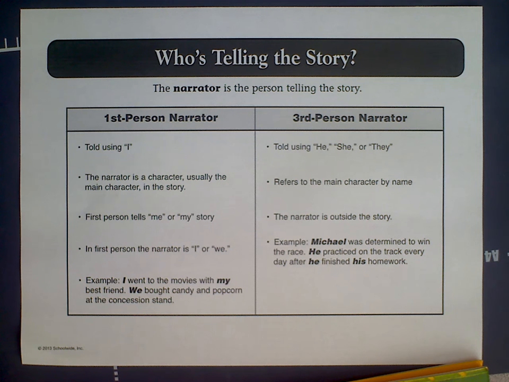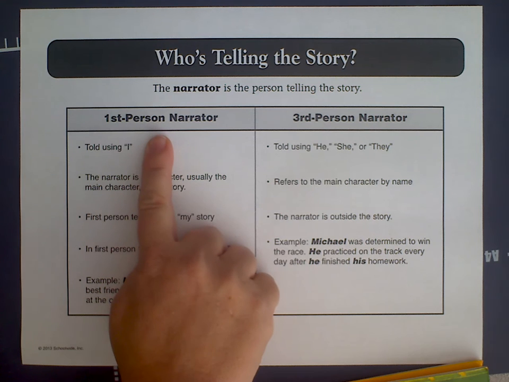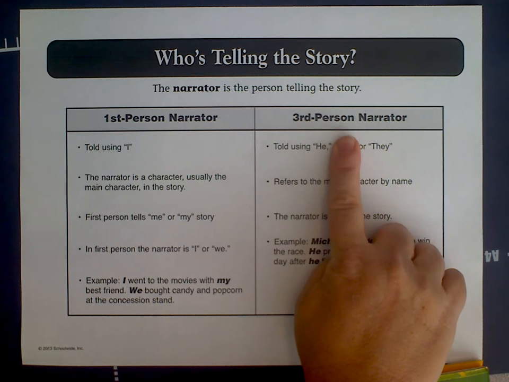Fiction writers create a person to tell their story. This person is the narrator. The narrator delivers the point of view of the story. It is important for us as readers to think about who the narrator is as we are reading, because it is important to our understanding of the story. Two possible types of narrators are the first person narrator and the third person narrator.